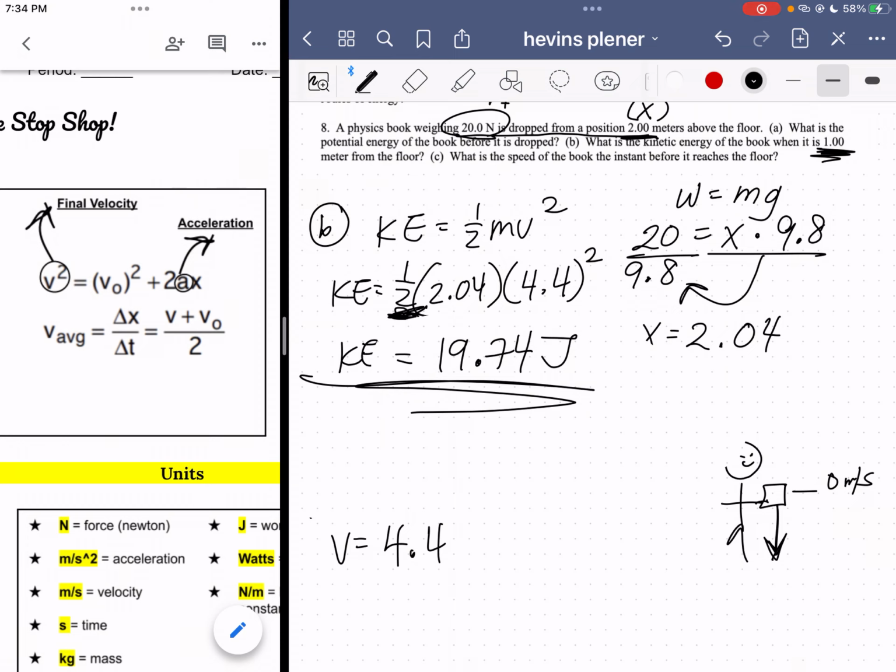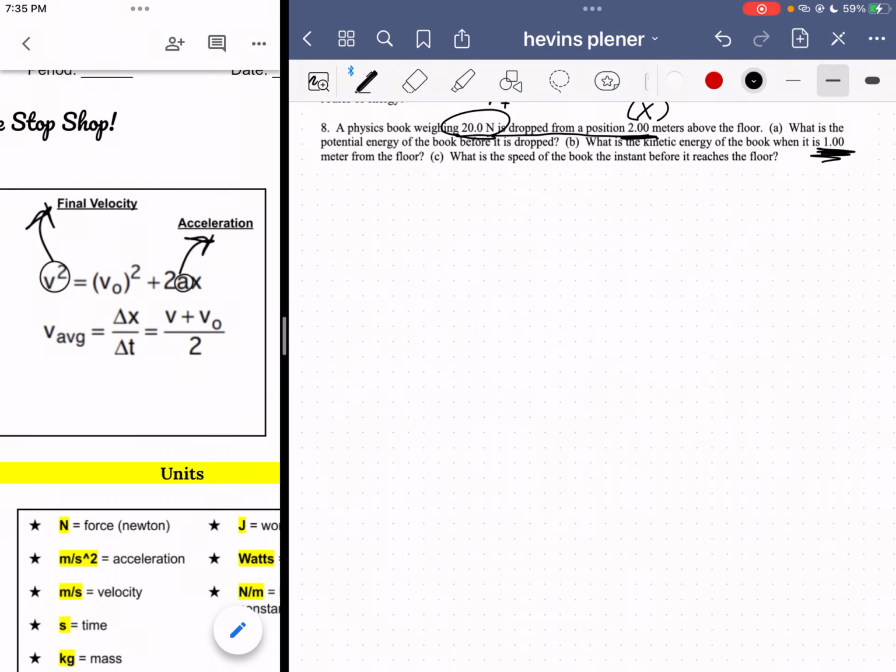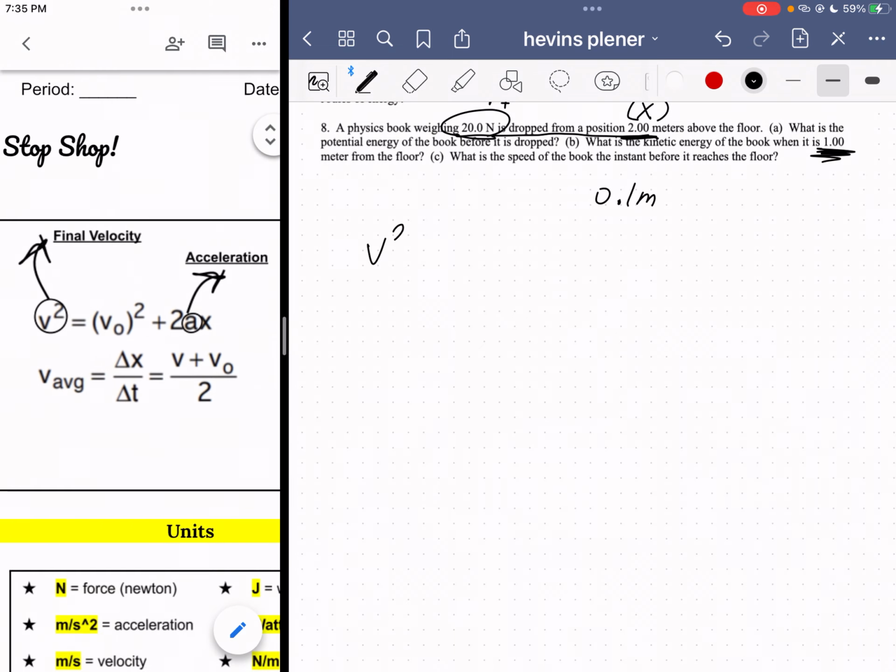Okay? For the speed of the book, the instant before it reaches the floor, let's say it reaches the floor 0.1 meters from the floor. We're going to do the same formula over here that we did. V squared equals initial velocity, which was 0, plus 2 times 9.8 times our distance, which is 0.1 meters. So then 0.1 times 9.8 times 2